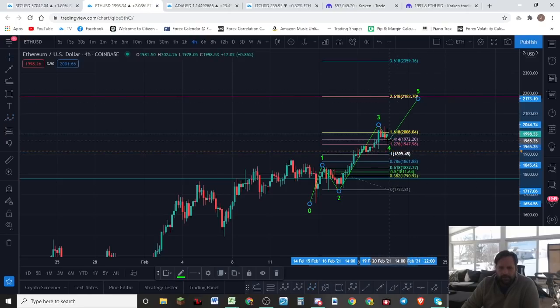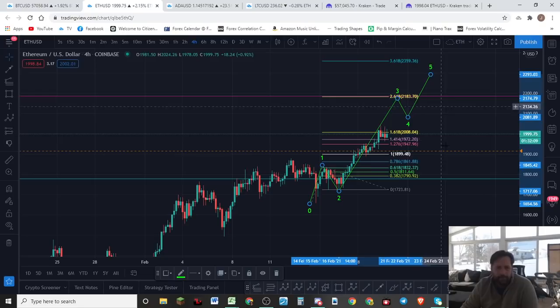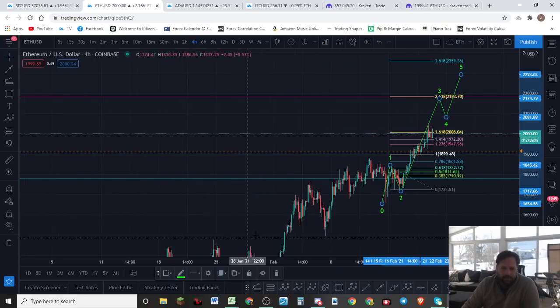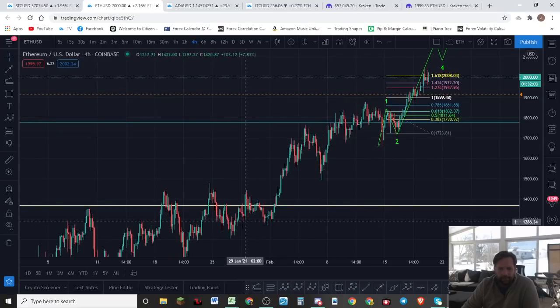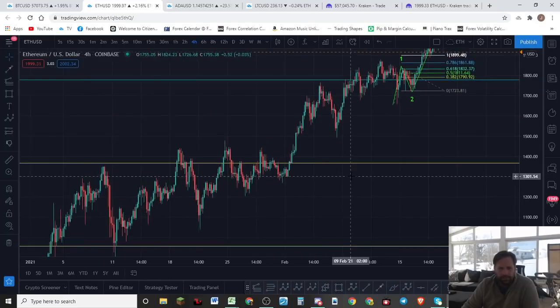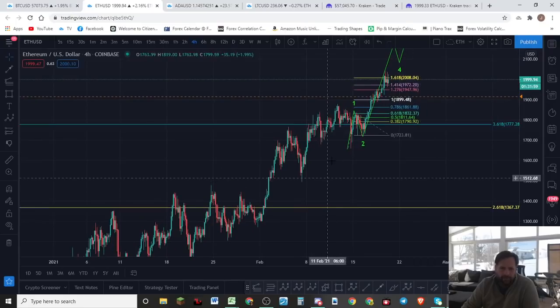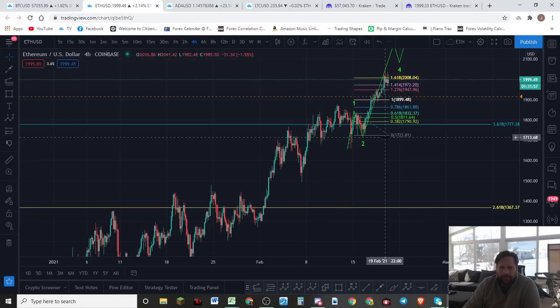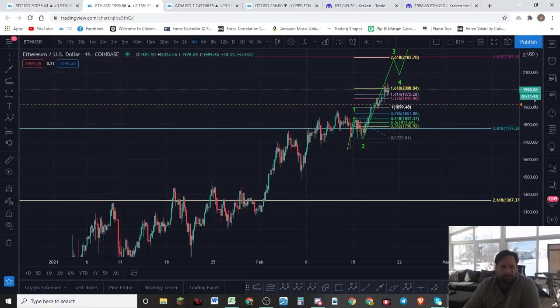Or is this finished right here? Is that even a 4? Or do we get a larger 3 that comes up to the 2618 here, and then a 4, and then a 5? Are we going to get a 5-wave move at all, or is this going to end in 3 waves? A lot of times, I mean, this whole wave system is made up of 3-wave moves, man. 3-wave moves all over the place, and I've already shown you that. So this may be a 3-wave move that's finishing, and that's it. So it's hard to say, guys. It's hard to say, especially around the top right here.